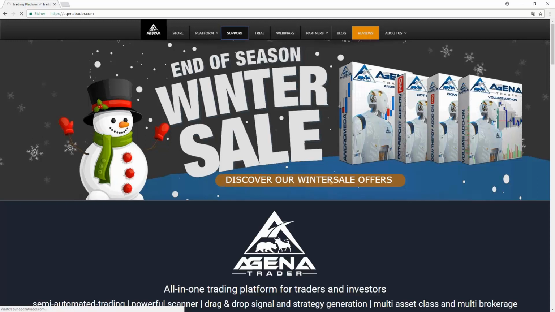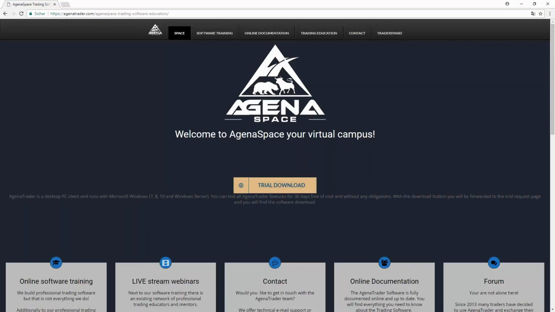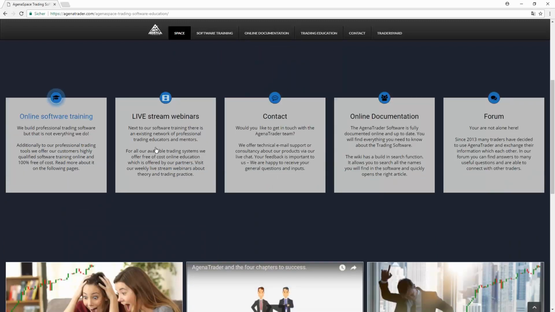Let's go to support. This opens a new area with a new navigation on top. You see the navigation here changed. We call this one Agena Space, and it contains all the online media for education, but also the support where you can contact us, and a portal where everything is properly organized for you. So the first page is simply an overview of what you will find here in Agena Space